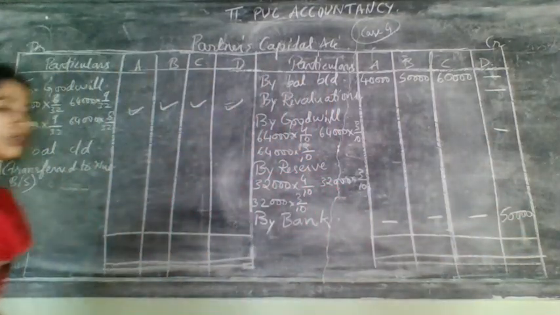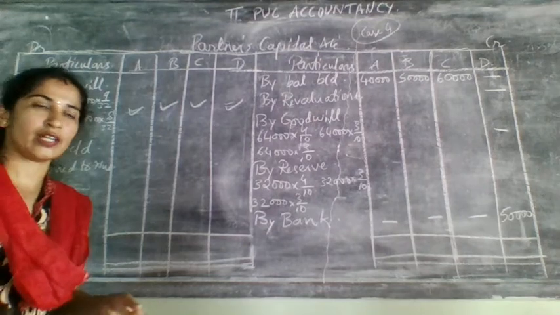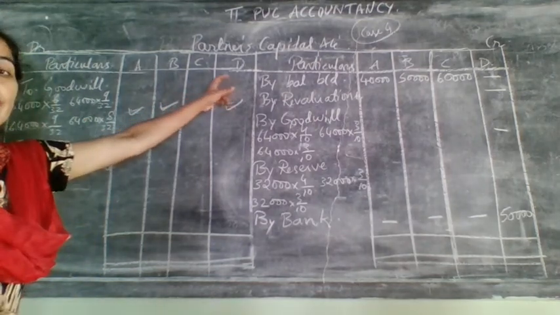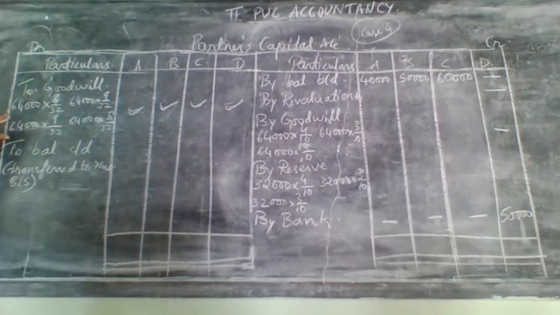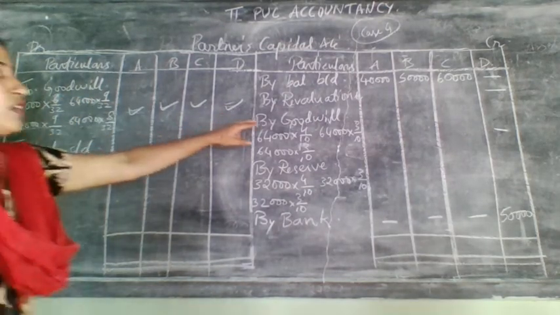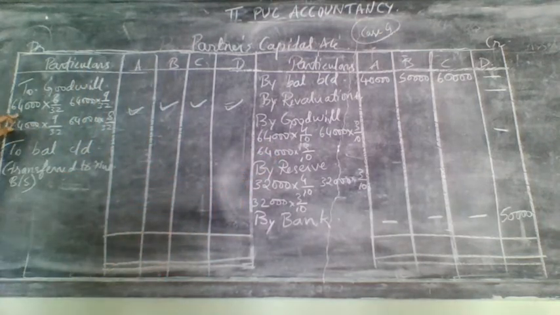Next, after that, goodwill was written off. This is case 4. When goodwill was written off, they'll only give the new ratio there because even the new partner also will be included for this written off. So take that goodwill amount. Actually it was distributed 64,000. That 64,000 you need to take here.